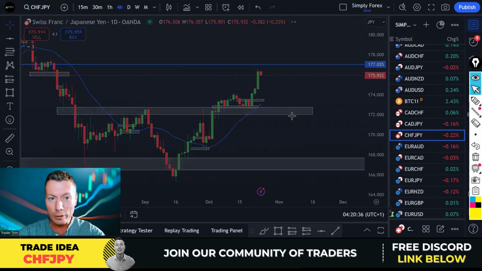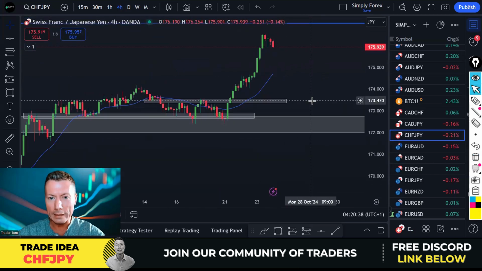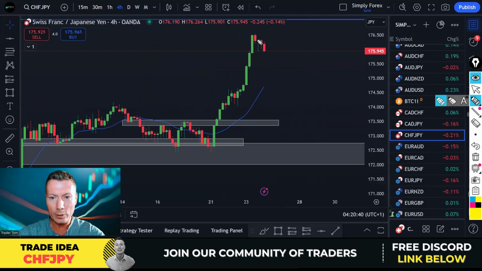Again, it's the same story with CAD yen, guys. We need a retrace. There's no value up here. If I start buying here, I need to at least put my stop loss below here, and there's my target. So no value. What we need is a retrace, again, potentially to the moving average 20, and then we can start looking for some potential buys back up to here.